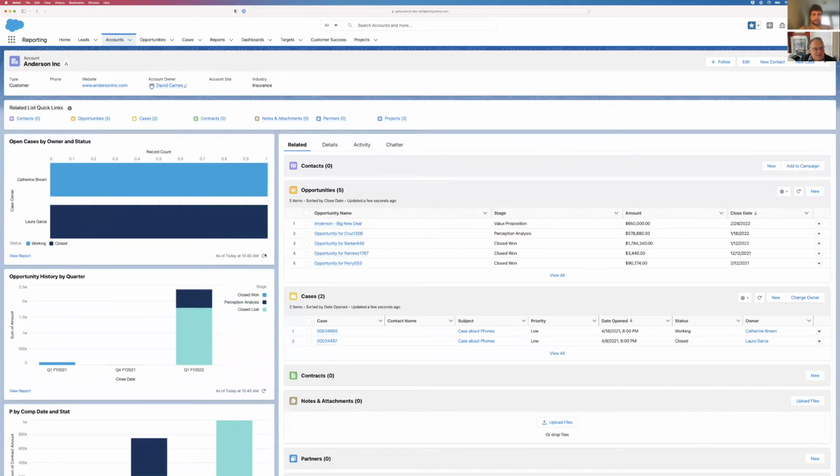You can see here that you've got a view report link. I can hover over those things. I see the last time it was refreshed. I've got a refresh link that I can use to force it more than every 24 hours. As a sysadmin, I have the ability to edit the page layout. And if I come in here and click edit page,